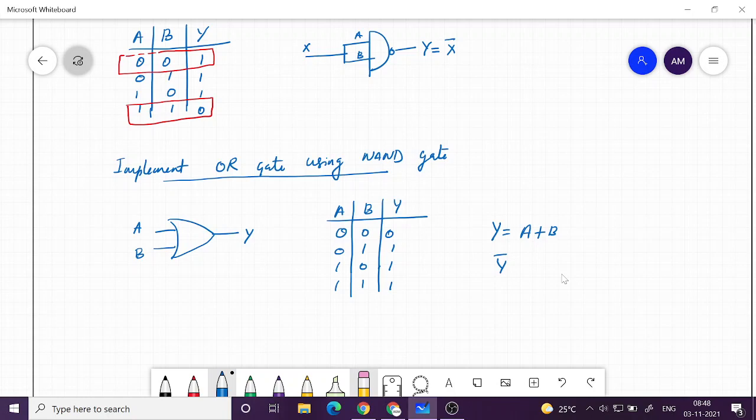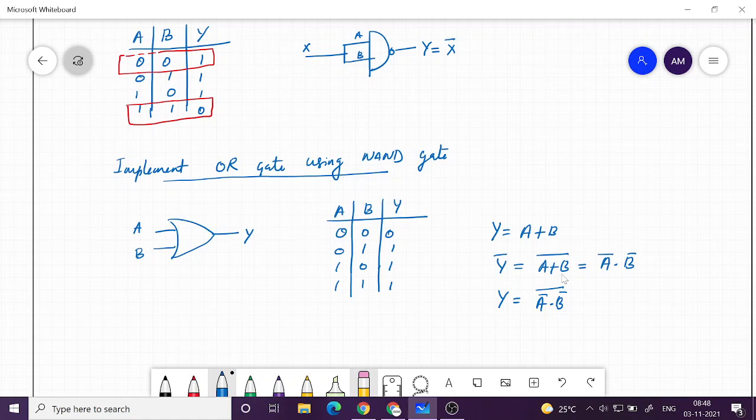So first time I will take Y bar, so that is A plus B the whole bar, which is A bar into B bar. But this is Y bar, what I want is Y. So we need to take one more complement, so that is A bar dot B bar the whole bar.